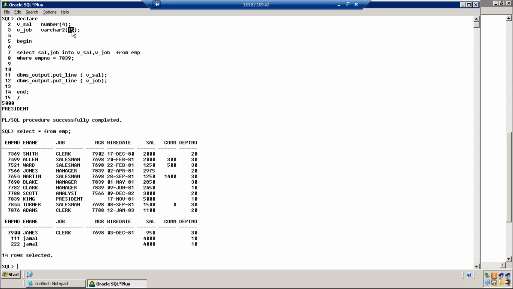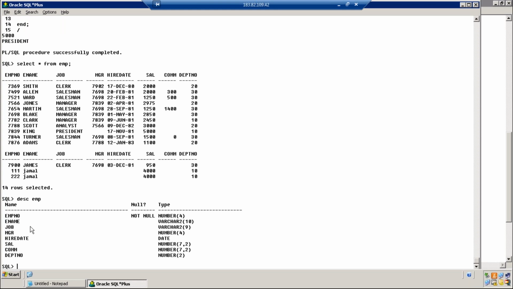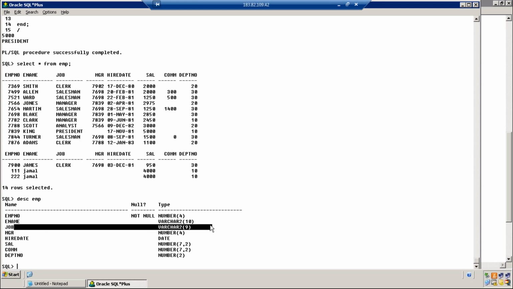How to decide the size of the variables when you're writing a program in real time? For the job, what you should do, describe the employee table. Job is varchar2 of size 9. So that means this job column cannot have more than 9 characters, because the column size is 9.